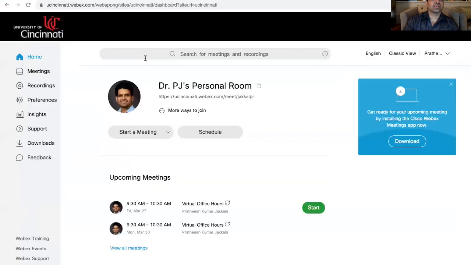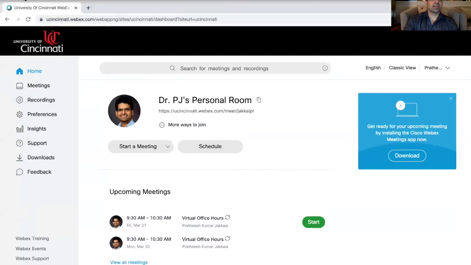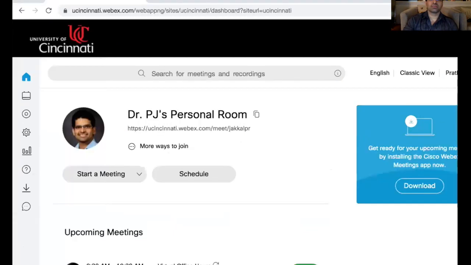And as you can see, every one of us will have a personal room, and I changed my personal room to Dr. PJ's personal room so that students can find it very easily. And we can start a meeting, we can schedule meetings, and I have already scheduled meetings for the upcoming days. We can do ad hoc, pre-scheduled meetings. We can also see the recordings here. And this is from our point of view. From students' point of view,